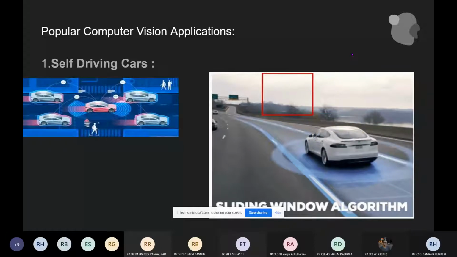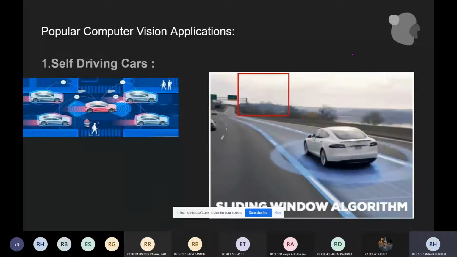But what if there's an object a lot larger or smaller than the window size? It just wouldn't be detected, right? To rectify this, we'll have to use multiple window sizes and slide them over the image. It takes a lot of time to take so many window sizes and continuously slide them over images, and also, it can be very computationally expensive.